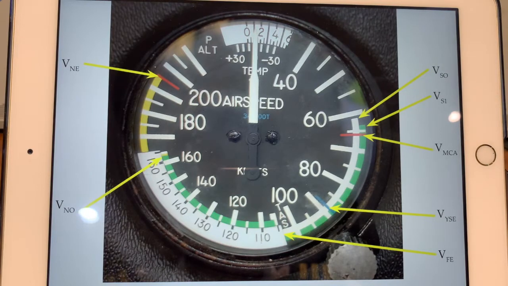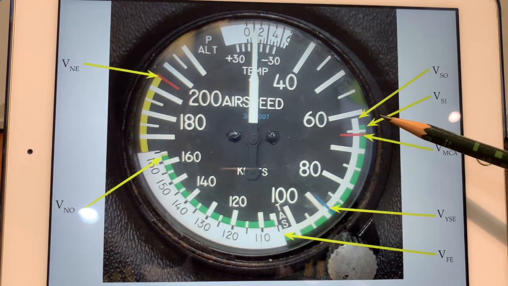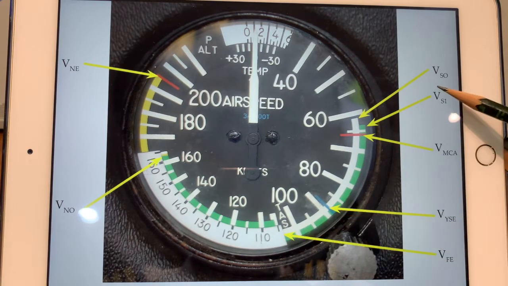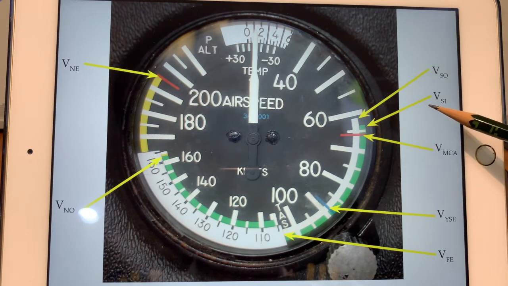So this is what an airspeed indicator looks like. I have got this diagram from the Oxford textbook. So as you can see, this point is the lower end of your white arc, and this is your VSO, which is your stall speed in open configuration. Open means your full flaps down and your gear down. Here is your VS1, which is the lower end of your green arc. VS1 is your stall speed in specific configuration.